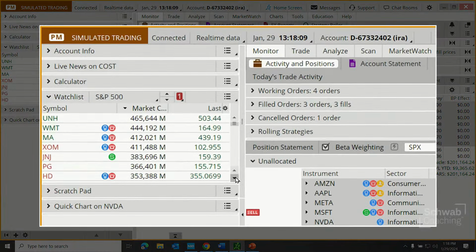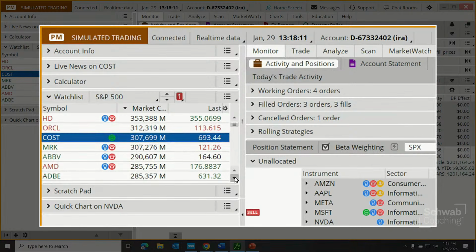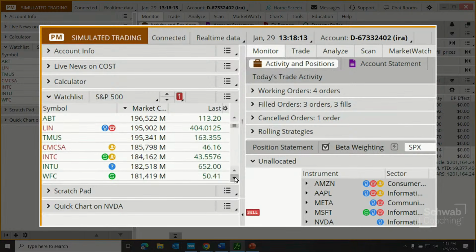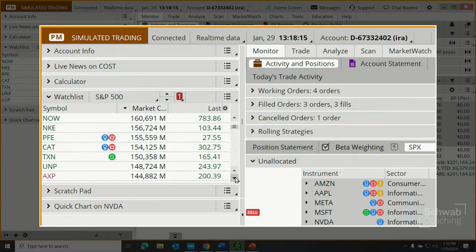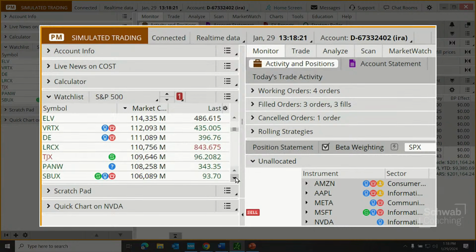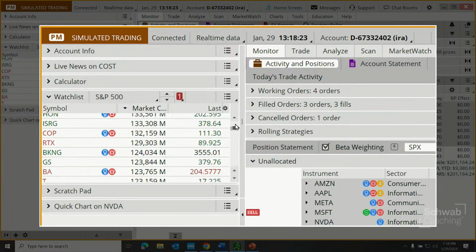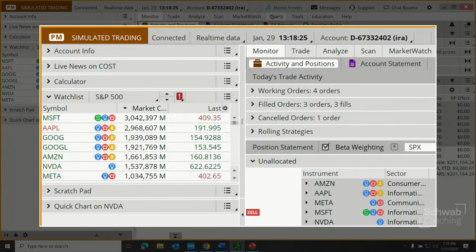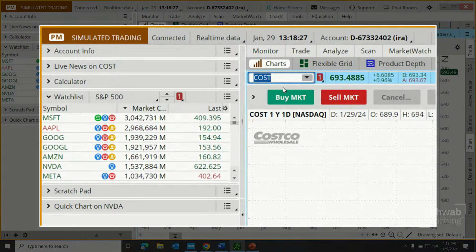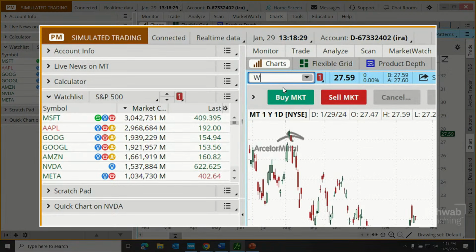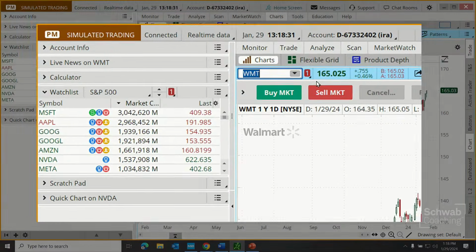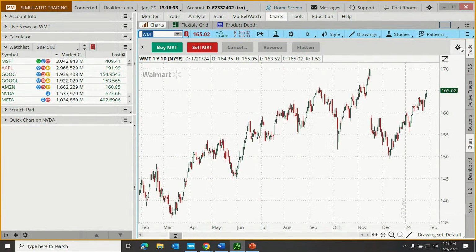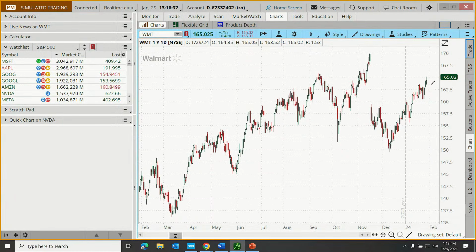And what if we were to say we're watching Walmart. Anyway, let's go to our charts. Let's queue up Walmart. And we're not going to be using this up at the top anymore, so let's just turn off that trade tab up there at the top.